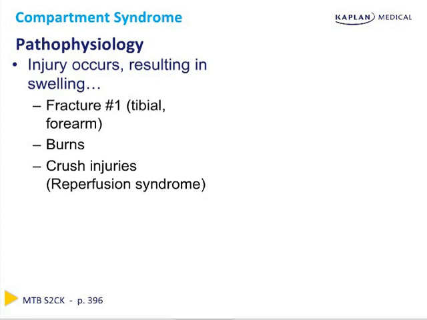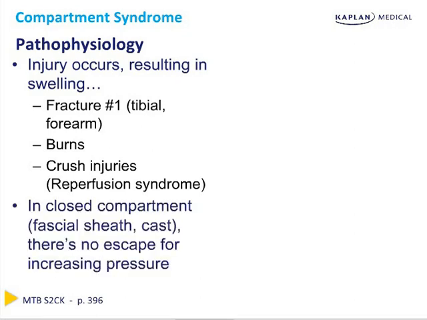and burns, as well as crush injuries, which lead to a reflexive increase in blood flow after the crushing force has been removed. When swelling occurs in superficial structures such as the skin, it is able to expand outward, and there is no increase in the pressure experienced by the local tissues. However, the deep structures of the extremities are surrounded by a tight, fibrous fascial sheath which cannot expand. Thus, when swelling occurs within these compartments, there is no place for the fluid to escape, and pressure builds within